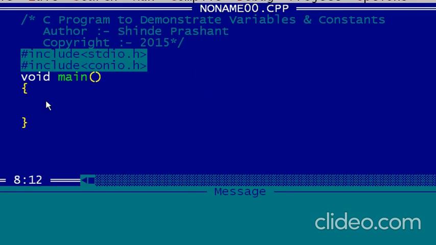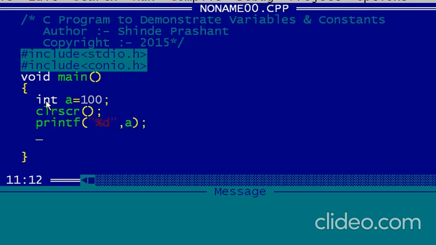Here I am going to declare an integer variable a, assign it the value 100, clear the screen with the clear screen function, and print the value which we assigned to the output screen. What happens when I declare a variable?